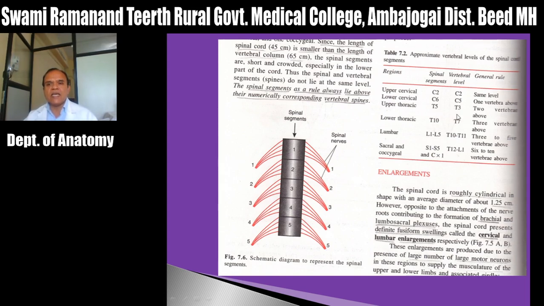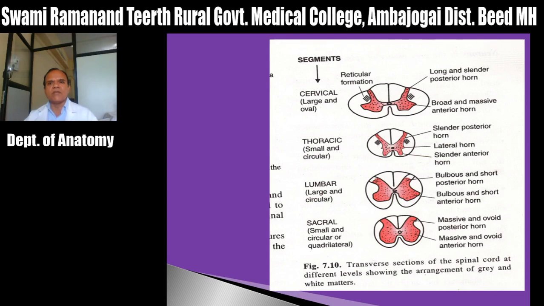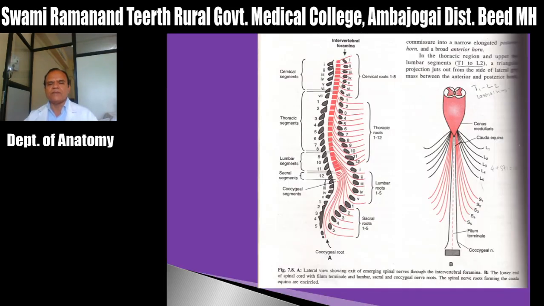Now for T6 to T9 vertebra, you have to add 3. So the example is given T7, segment is T10. Similarly, if it is T9, then segment will be T12, adding 3. And at the level of T10 and T11, 5 nerves; T12 to L1, 6 nerves; then 5 sacral and coccyx. So these are the spinal segments as the vertebral column ascends up, isn't it?